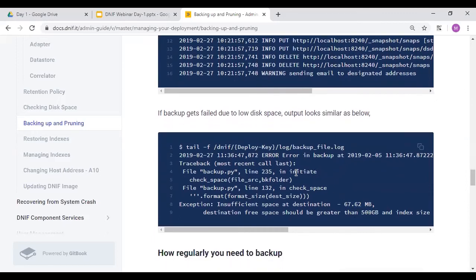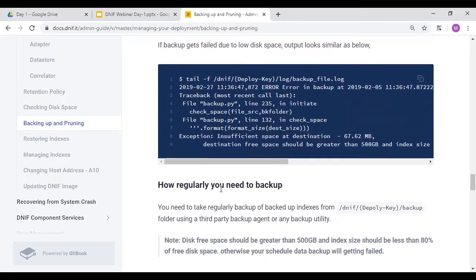You will get to know that the last index which has been saved will be there, even if an index was half transferred when memory got full. So you will get the latest index which has been completely sent. That is how you can check whether the backup has been sent or not. So how regularly do you need to take a backup?